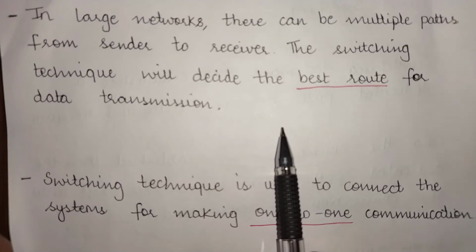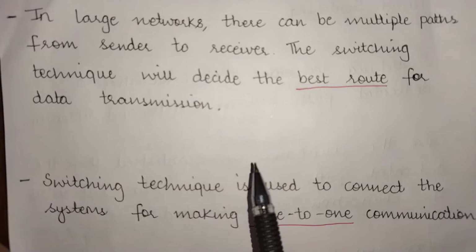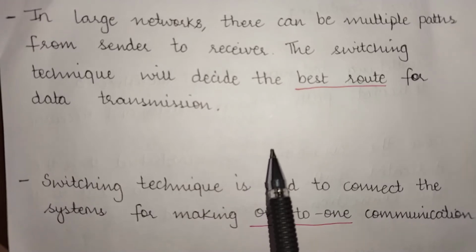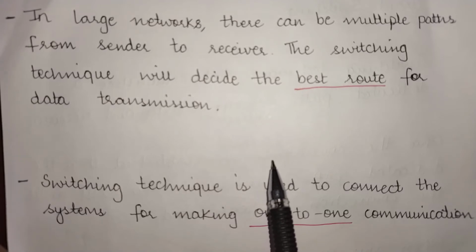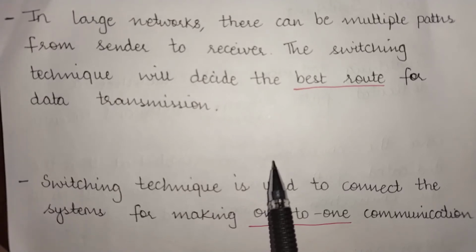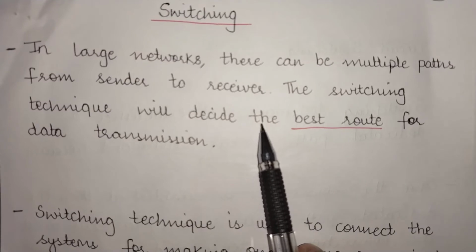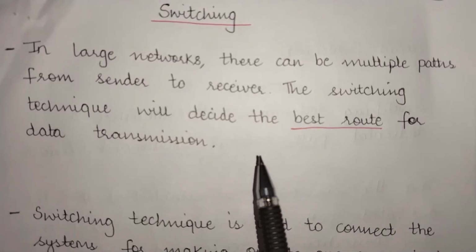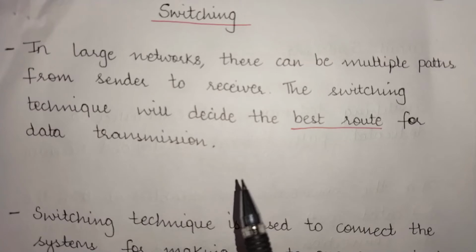Say there is a source and a destination, and for transmitting the data from that source to that destination, assume that there are 4 paths. Out of these 4 paths, deciding which is the best path is done by the switching technique. The best path is usually calculated on the basis of the distance traveled, or the path which has less congestion. When I say distance traveled, that means the path which takes the least amount of